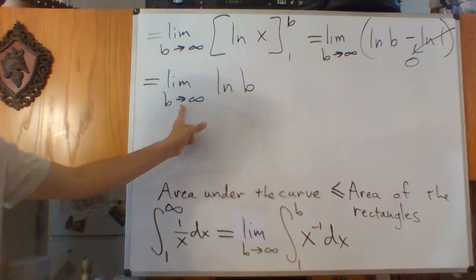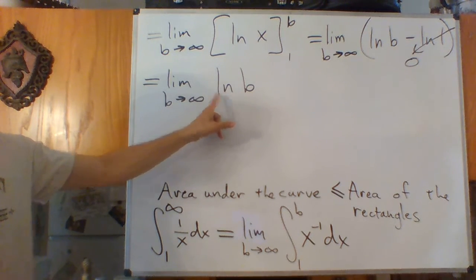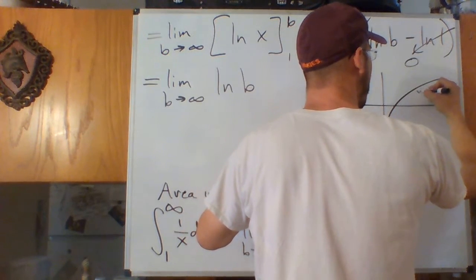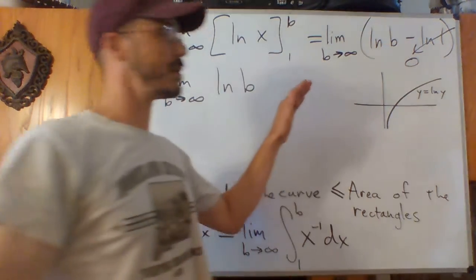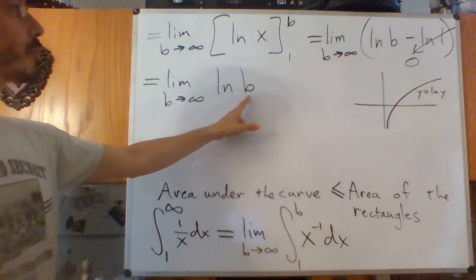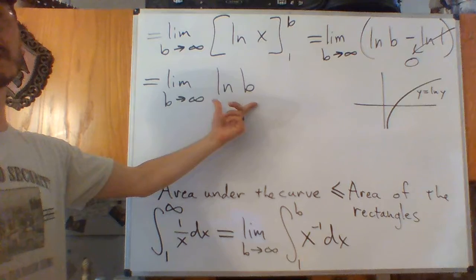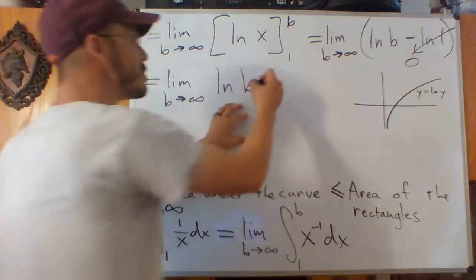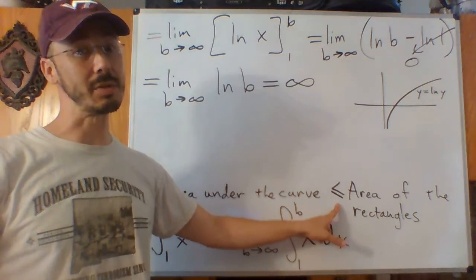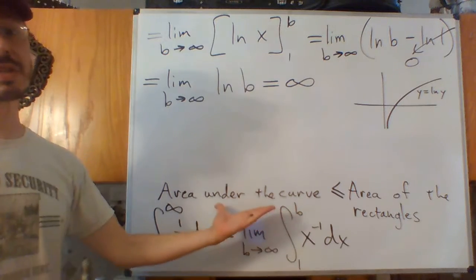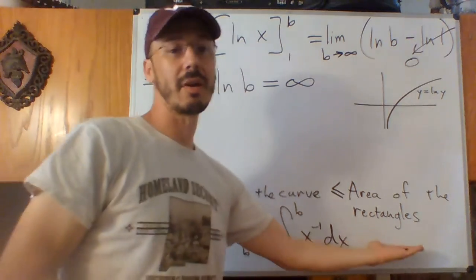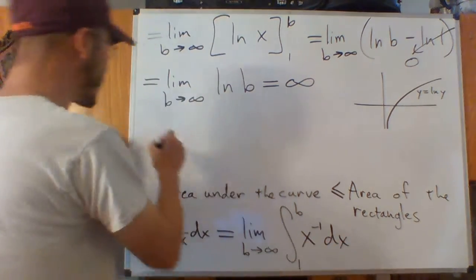Now the natural log curve, the limit of ln b as b goes to infinity, doesn't level off. It keeps going up and up and up. Therefore, this ln of b keeps going up and up, and the limit is infinite. Now remember, the area under the curve is less than or equal to the area of the rectangles, and we just saw that this area under the curve is infinite. Therefore, the area of the rectangles has to be infinite. And what this implies is that